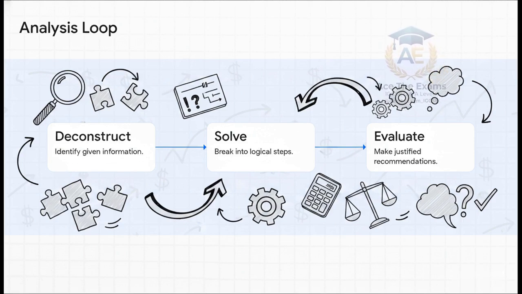What does evaluative thinking actually look like? It means actively questioning the assumptions presented in the prompt. It means considering the perspective of different stakeholders. How do the existing shareholders feel about the new equity issue versus the debenture holders? When you make your final justified recommendation on a specific source of finance, you have to run a reasonableness check based on the precise nature of the business entity in the question. A tech startup and a 100-year-old manufacturing firm do not evaluate risk the same way, and your answer needs to